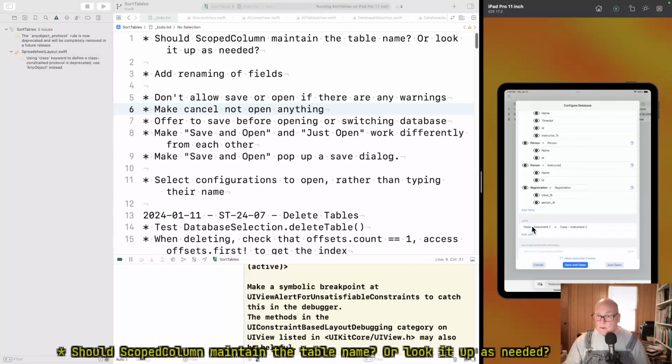We want to know registration class FK equals class.id and person FK equals person.id and class instructor equals person.id. All right, and then let's take out